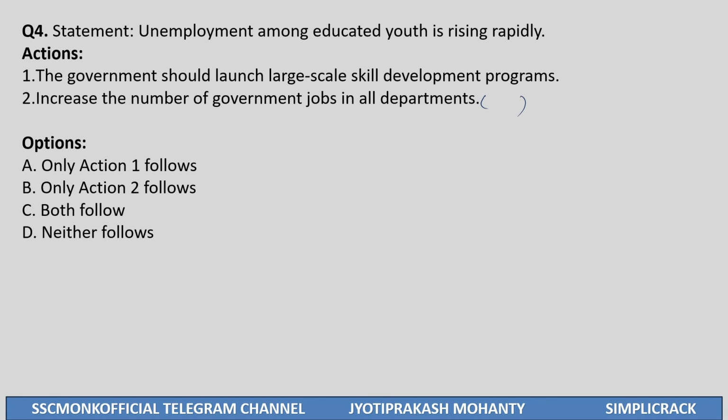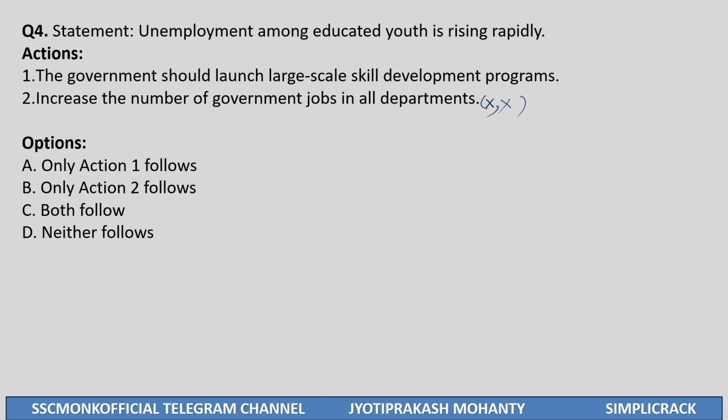Jobs means what? You need to do a certain thing or certain task. If there is no task, there is no requirement of that many people to complete it, so there is no need of increasing the government jobs. This means this is not practical. As a student in this particular question, you will use your emotion, but we are not here to use our emotions. We are here to use our logic. This is impractical. This has nothing to do with addressing the right issue, that is unemployment.